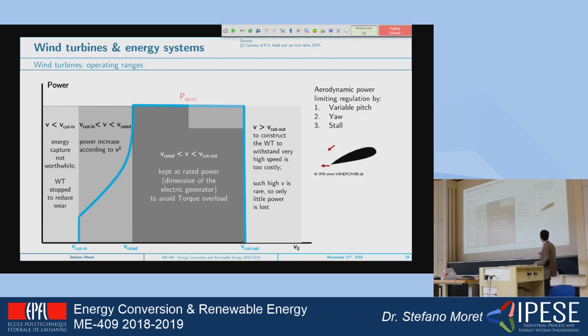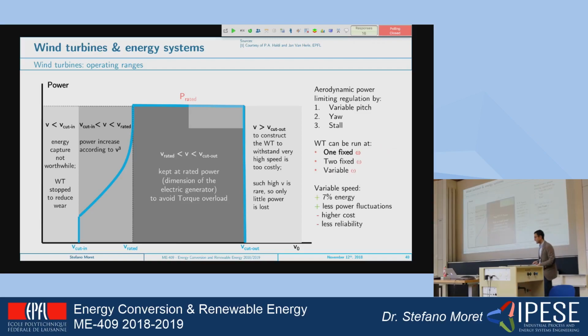A situation of stall is the same as you have in airplanes, where at some point the difference in pressure and the inclination is too high, and you have a collapse of the pressure on the upper side, which would cause an airplane to fall, okay? And normally what happens is that